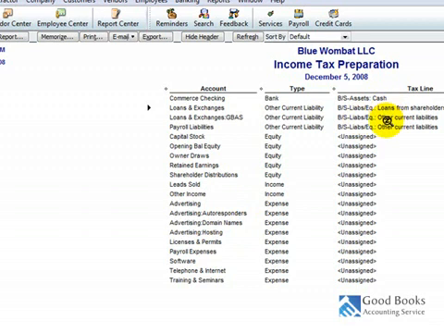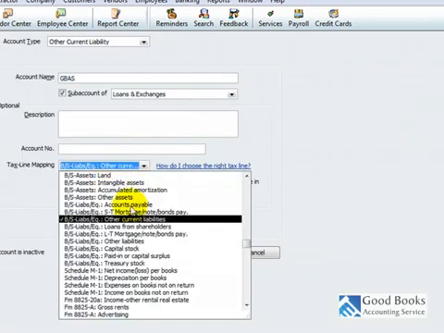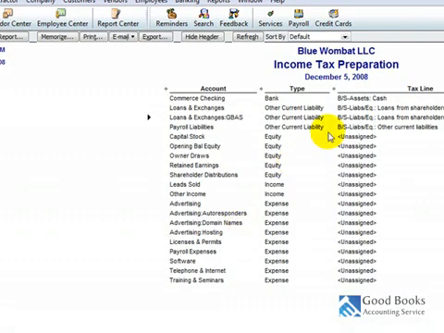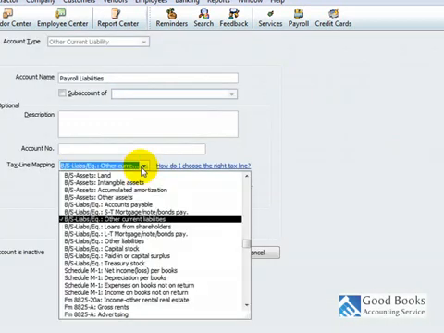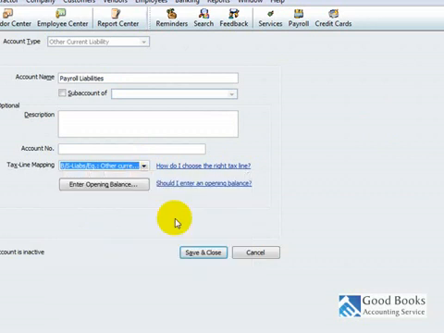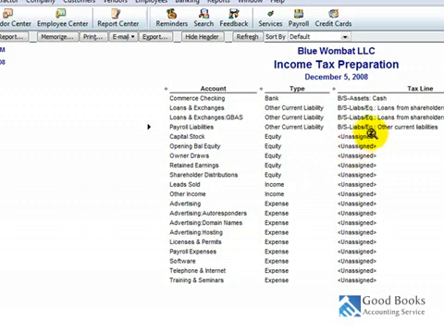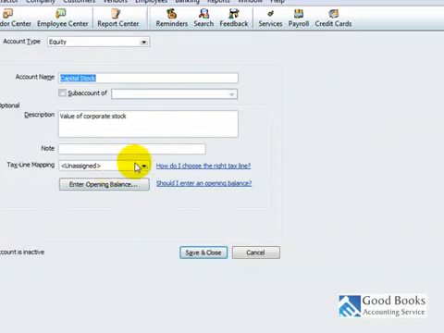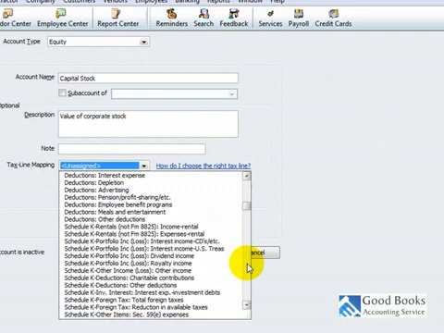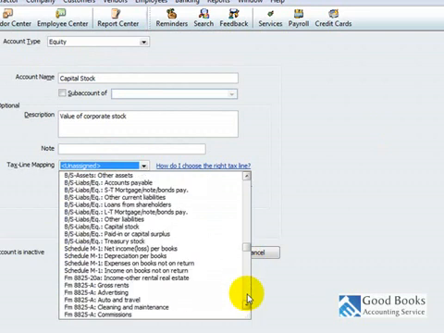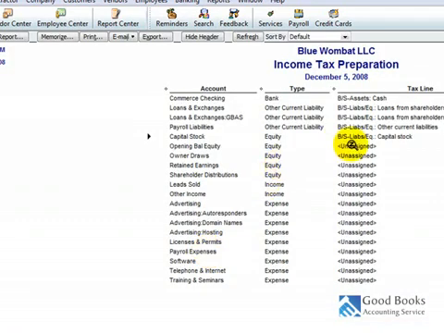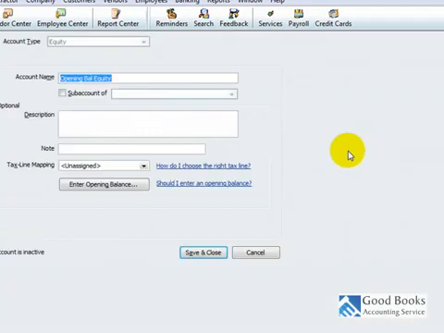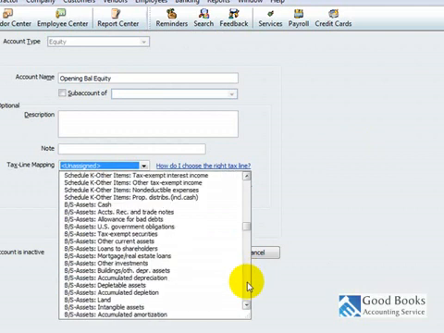Payroll liabilities, that's an other current liability. Okay, capital stock, that is a balance sheet item also, and that's a type of liability equity, capital stock. Opening balance equity, that's also a balance sheet